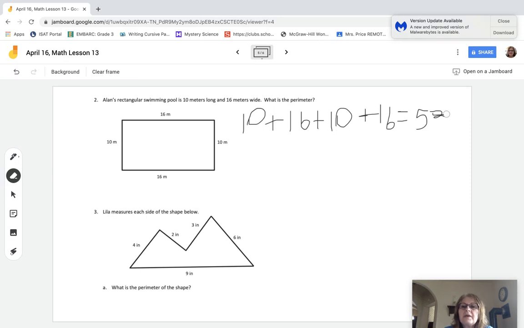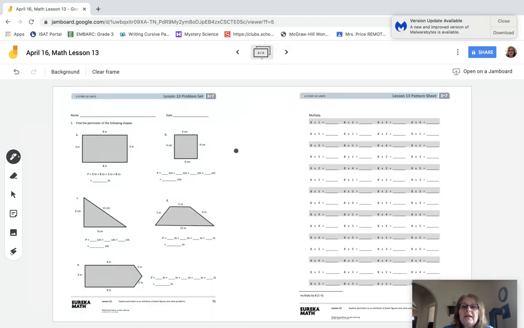Okay. So anyway, you get the idea. And then don't forget to label it. 52 meters. Okay. And then you do the same thing here, and then tell what the perimeter is. Okay. And so this is what you're going to be doing today. You're going to be doing one sheet of problem set where you have to figure out the perimeter of each of these, and then you will do the